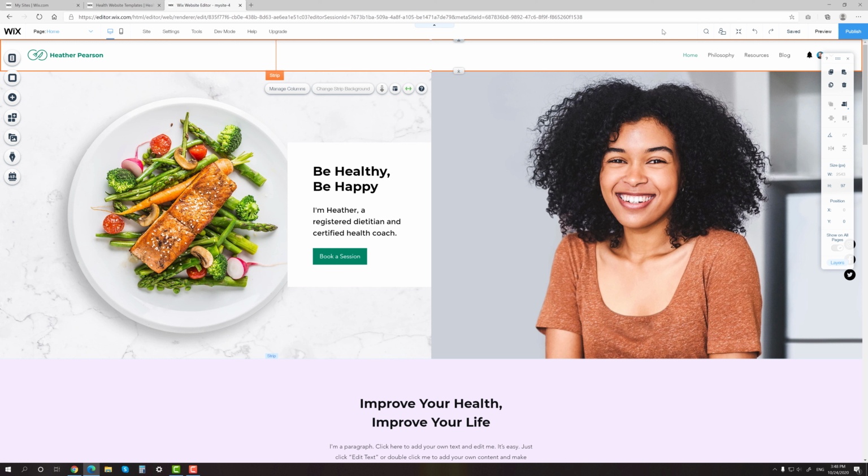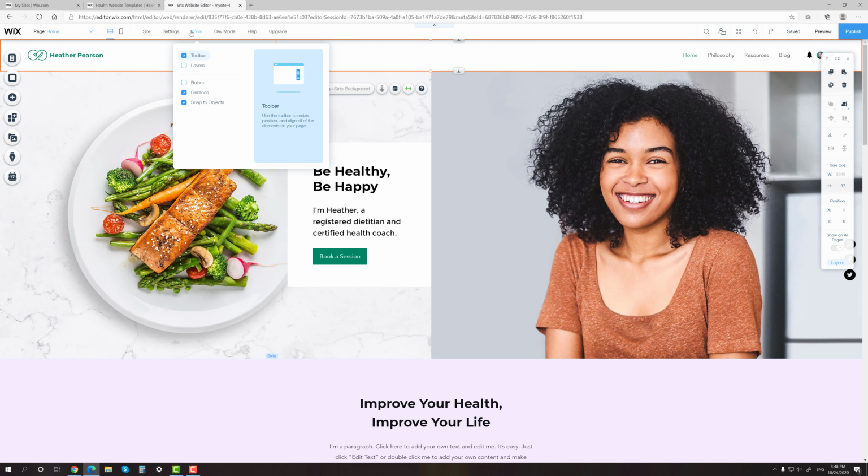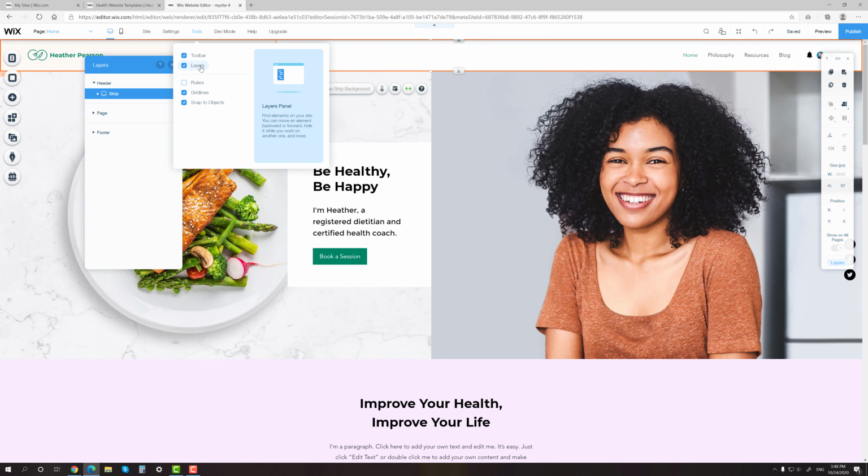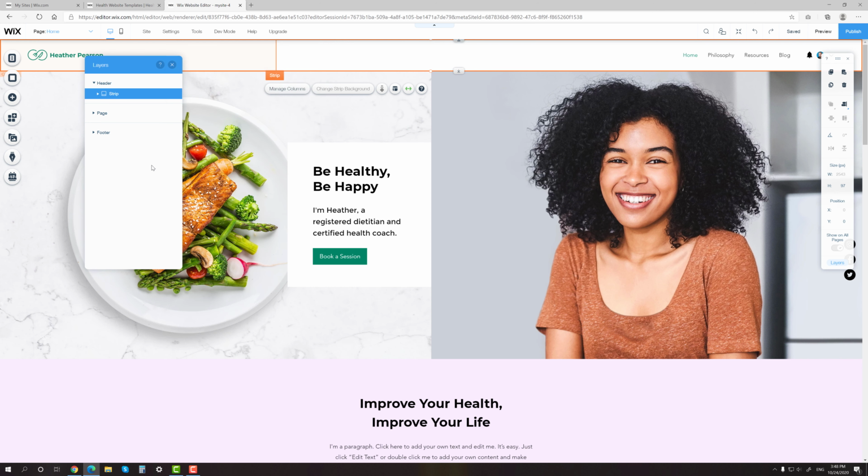On this panel you can see all of the elements that you have on the page and easily navigate between them. To enable it, click Tools and check the Layers box. Okay, we have nothing to do with the top bar right now, so let's move on to editing the menu.